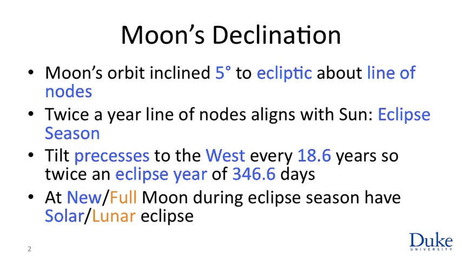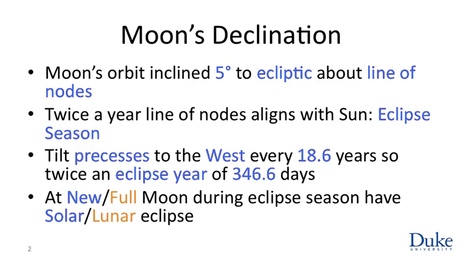So twice a year we have an eclipse season, and during an eclipse season you have usually between 2 or 3 eclipses, one of one kind, and flanking it 2 weeks on either side, 2 of the other kind. So you could have a solar eclipse flanked by 2 lunar eclipses, or a lunar eclipse flanked by 2 solar eclipses. By the time the next eclipse of either type would have occurred, the next new moon, for example, the